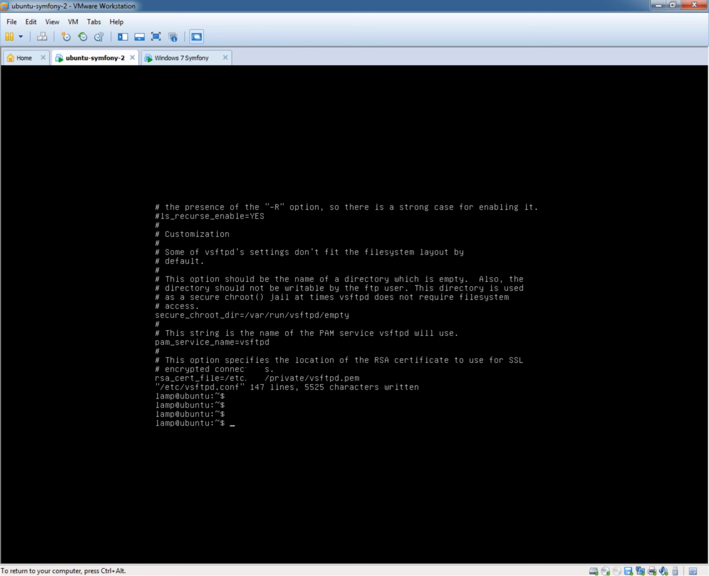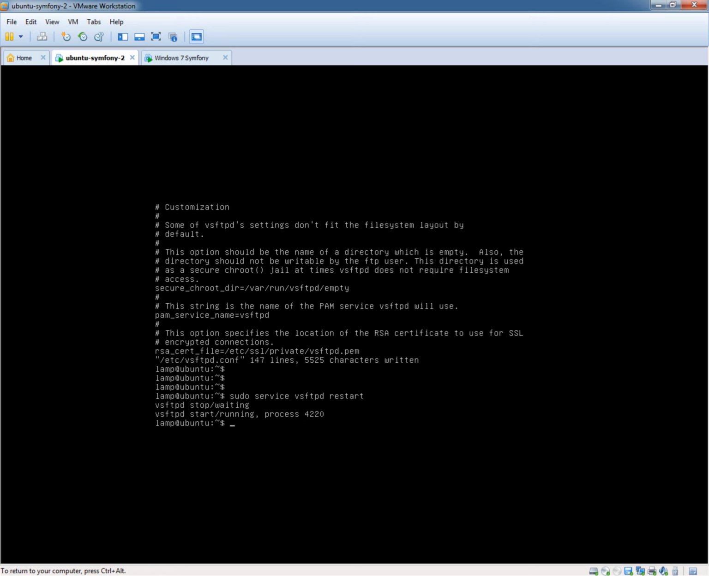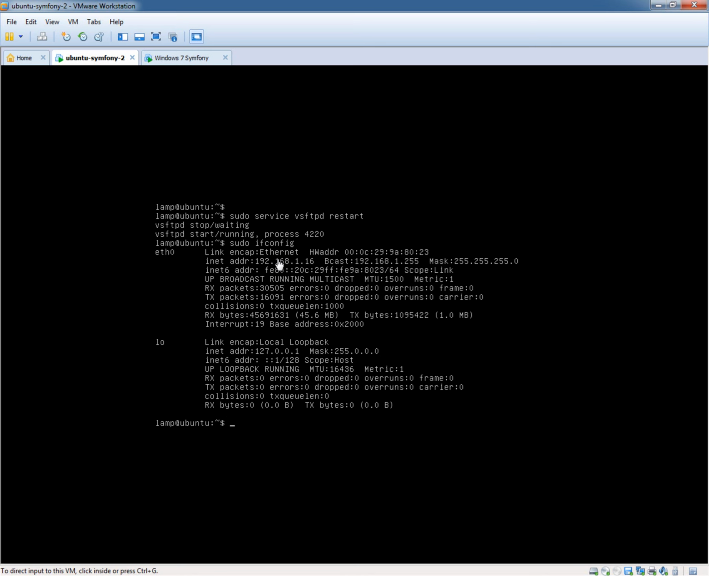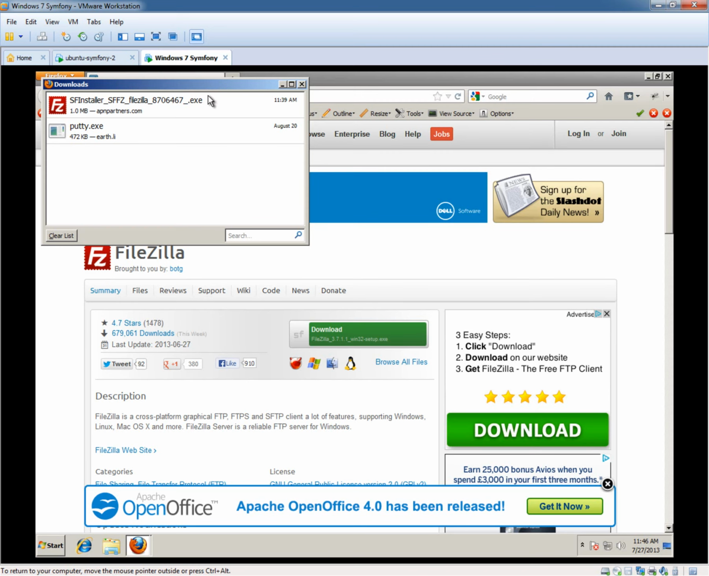And then we want to reload that, or restart that, sorry, so it's sudo service vsftpd restart. Very good. And then if we just do a sudo ifconfig from this box, we can see that the IP address here is 192.168.1.16, and then from here,